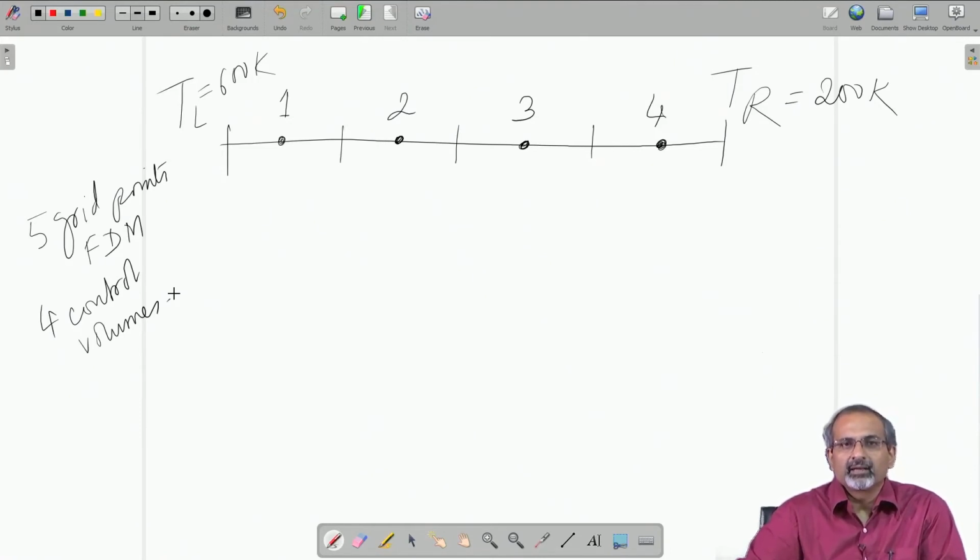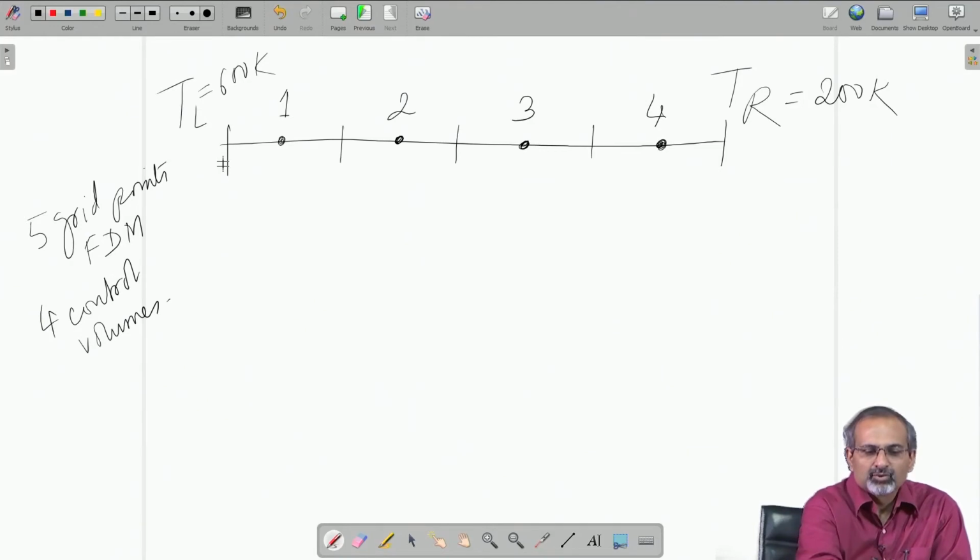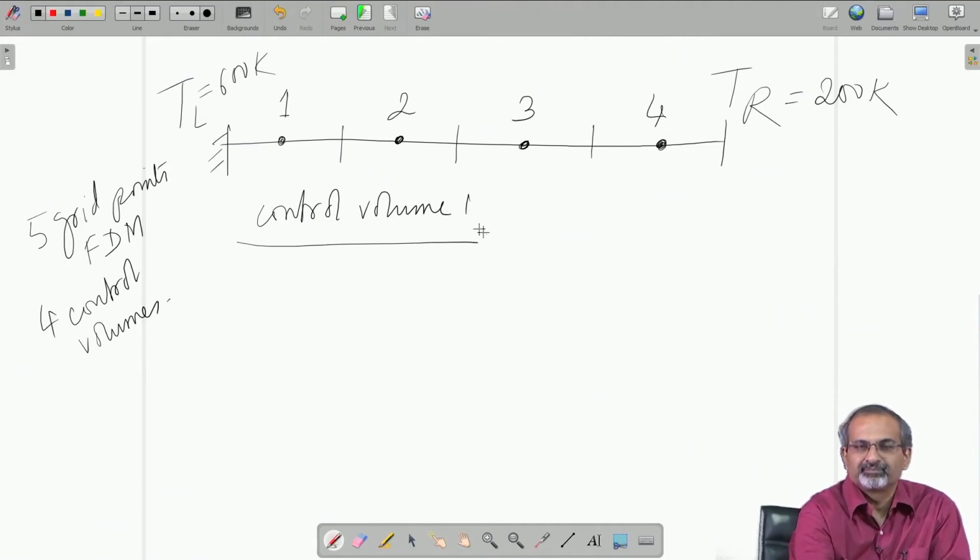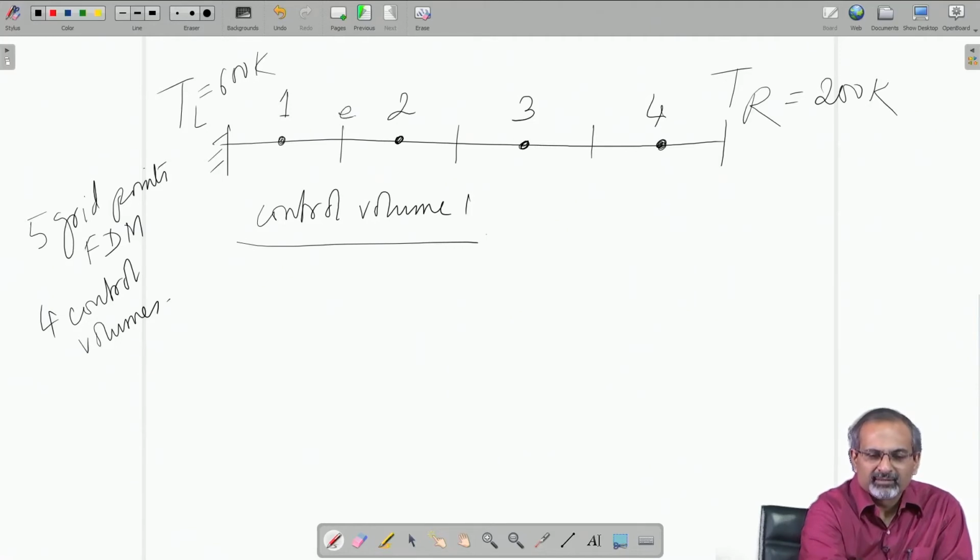Let us first look at how we write down the discretized equation for control volumes 1 and 4, which are lying at the boundaries, sharing one of the faces with them. So, we will write down for control volume 1 to begin with. So, let us see how we write it. For control volume 1, this is the east face, this is the west face, and what we need to do is, if you recall, we have to write down